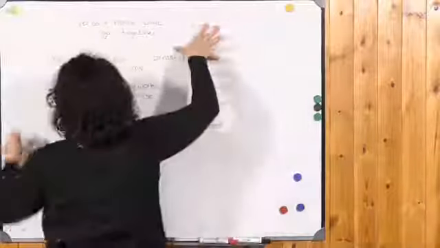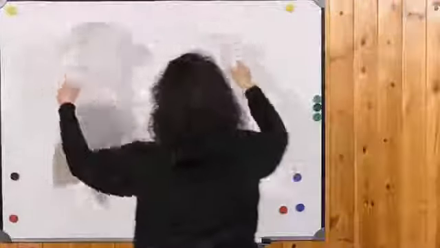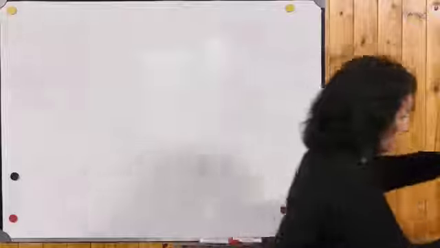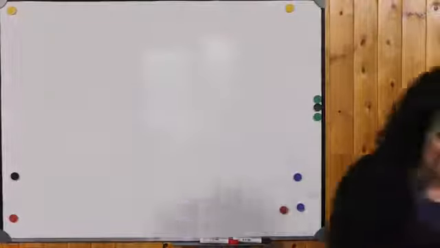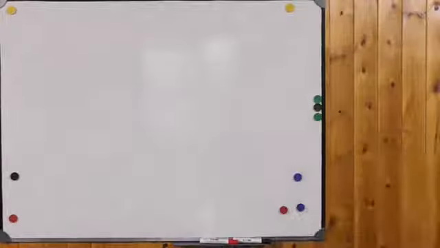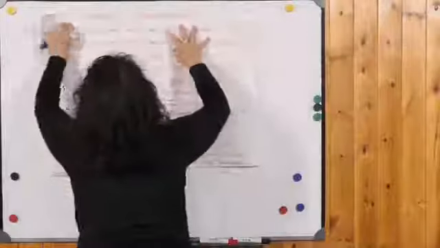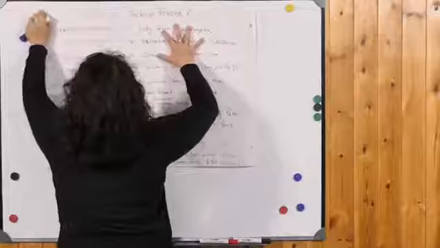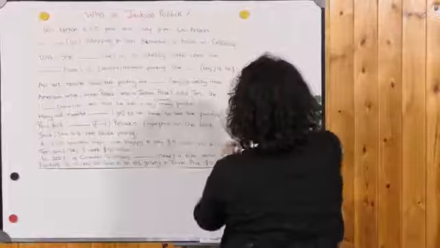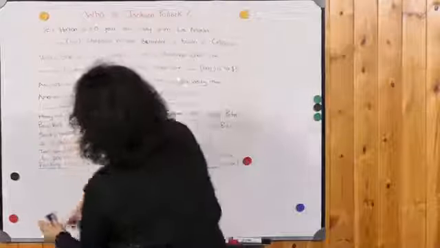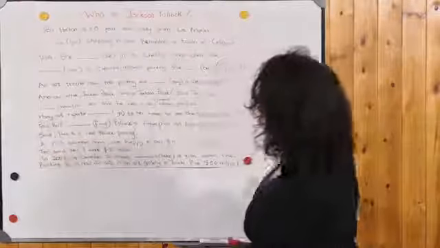Okay, so the last thing we're going to do is we're going to look at a gap fill exercise, a small reading exercise, which I love. I love this reading. It's very interesting. Okay, right, so